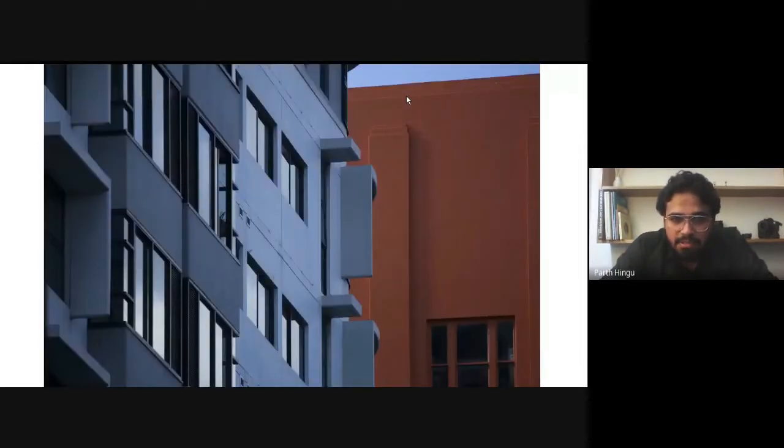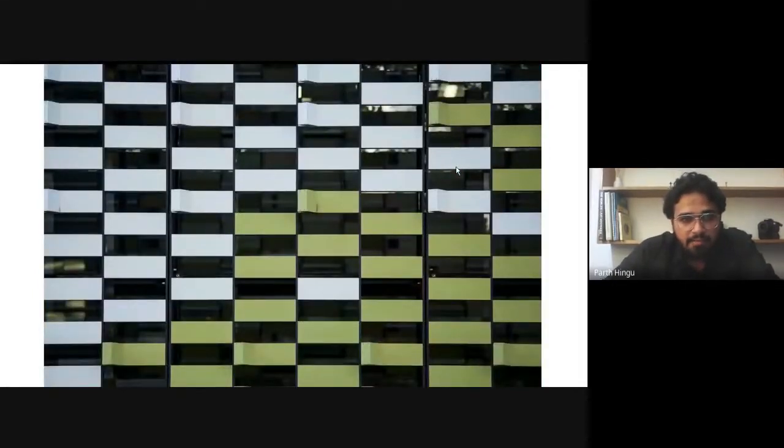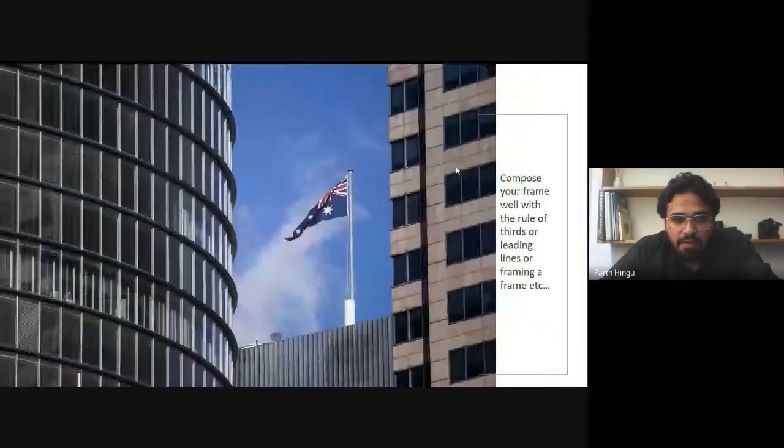So this was the color of these two images, and I felt something, so I composed like this with the rule of thirds. You can see one third part of this is red, and two thirds part of the image is the other. So just take note of colors around you. Like this is the facade, and I saw some green and white blocks creating some abstract form on the facade. Then after, compose your image.